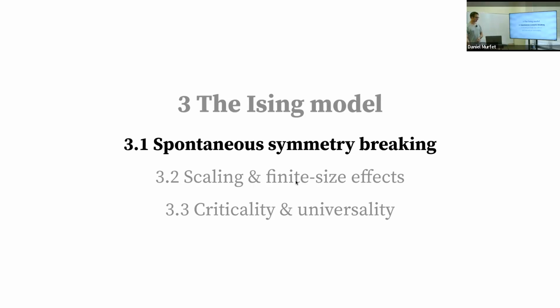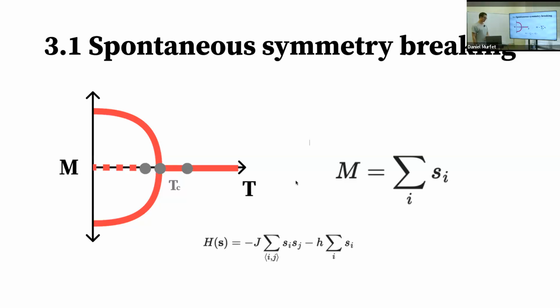Okay, spontaneous symmetry breaking. Looking on the left-hand side, we see a curve that's very similar to the curve we saw at the beginning, the second order phase transition in the case of this half pipe. Instead of plotting the angle, here I've plotted the magnetization, which is just the sum of all the spins. It tells you the overall magnetization of this material. As we increase the temperature, which shows up in the Boltzmann distribution as a 1 over temperature term in front of the entire thing,